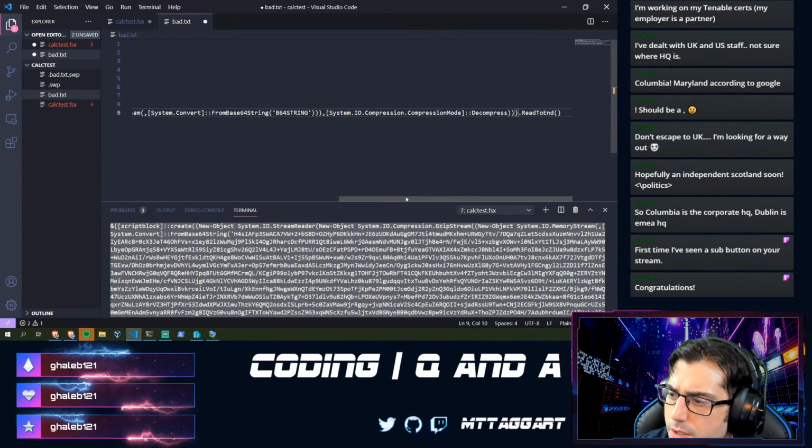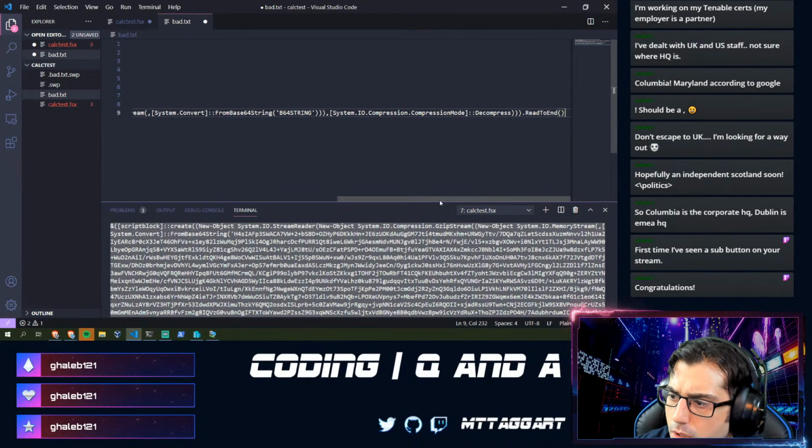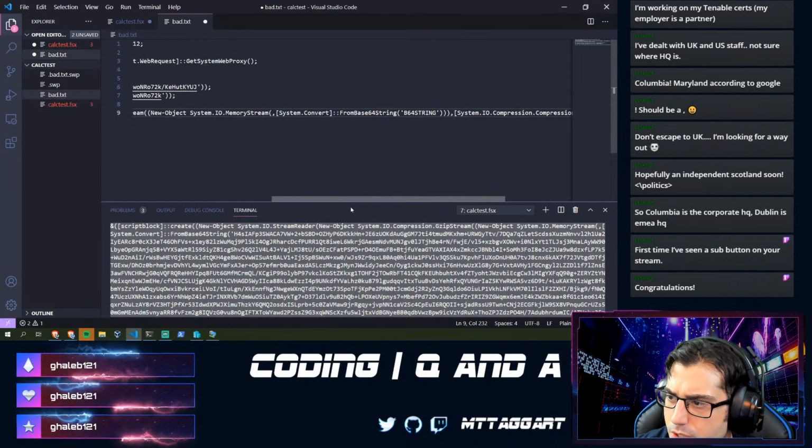Oh, because this is still compressed to gzip. So I have a little bit of extra work to do here, which is that